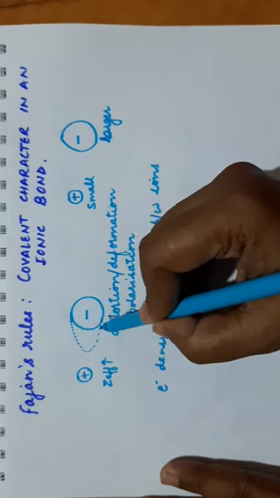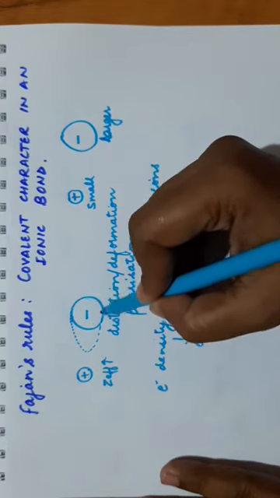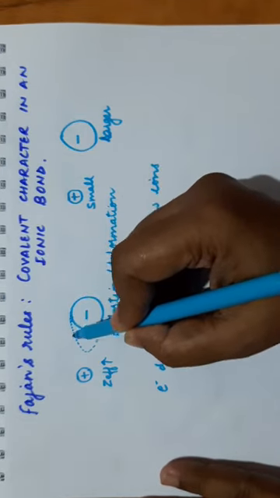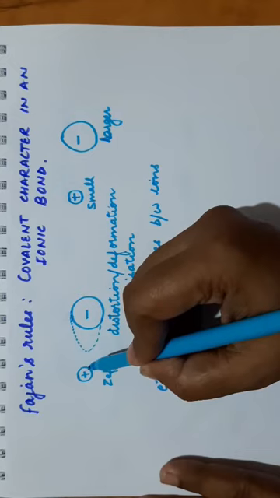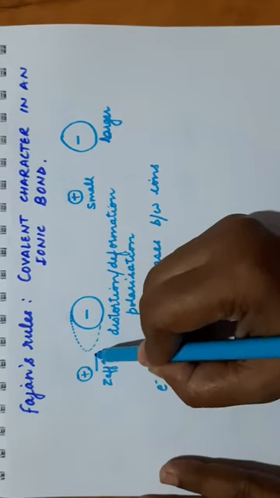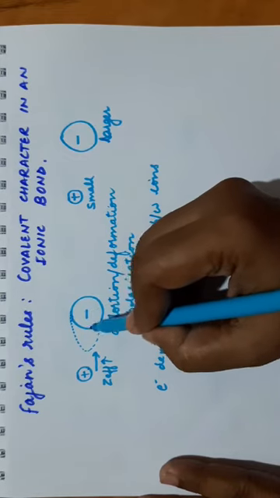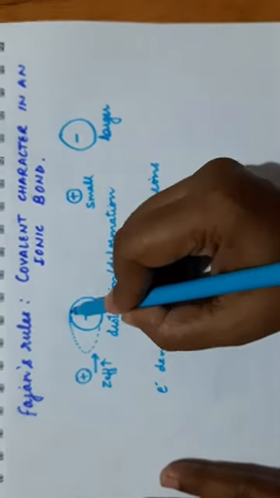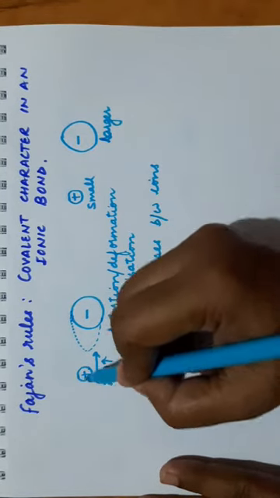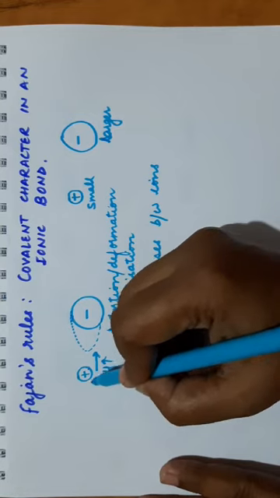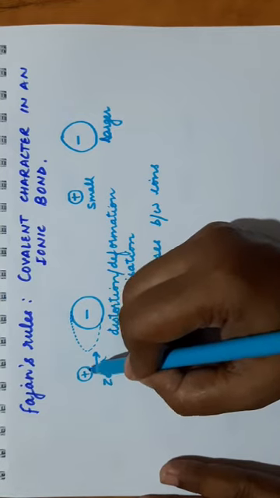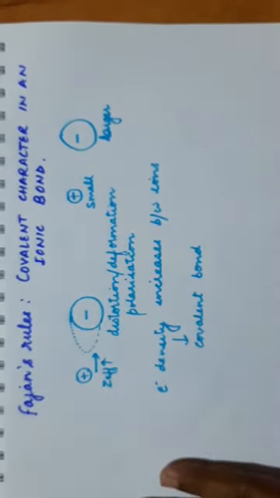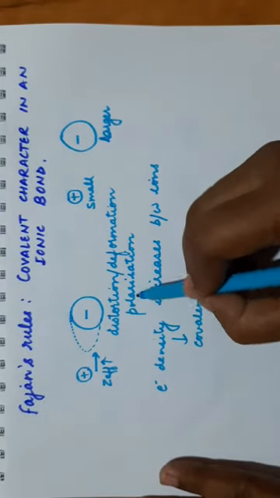The electron cloud of the anion, because it is large in size, has its valence electrons away from the nucleus, so its electron cloud gets easily attracted by the positive charge of the cation. So whenever a cation approaches an anion, it deforms the electron cloud of the anion. How does it deform? Its positive charge will attract the valence electrons of the anion towards itself, because its Z effective is high, with small size and high charge density. So the positive charge will attract the electron cloud towards itself and it will get deformed. This deformation is known as polarization.